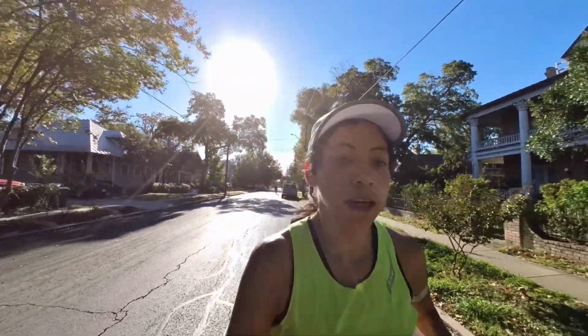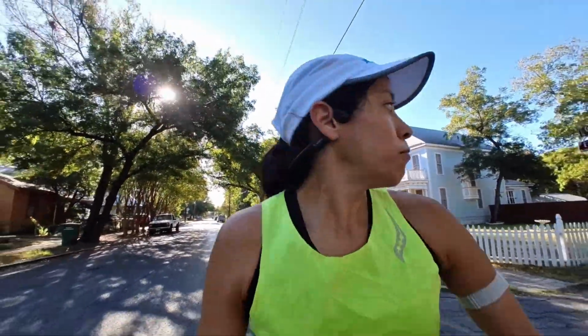Last 5K left. So last 3 miles of 15 and a half. Honestly, this whole run felt really good, felt great. And doing these last 3 miles at easy pace. I think I'm supposed to turn here. I had a few intervals of marathon pace. Those felt really good. But about to get this done. Easy pace, so